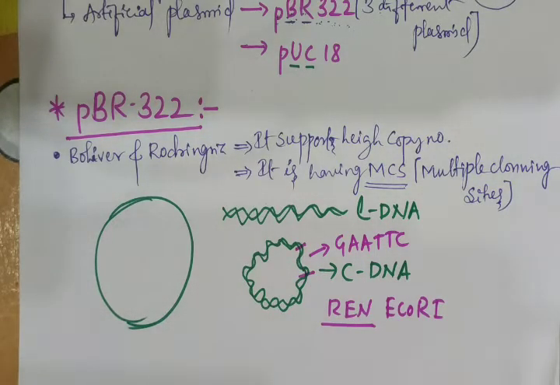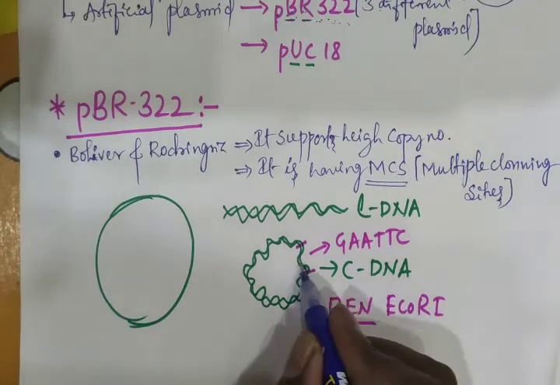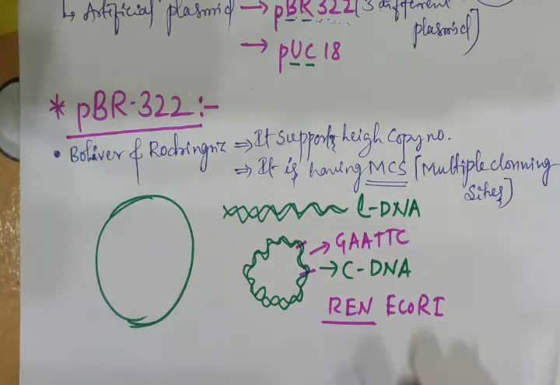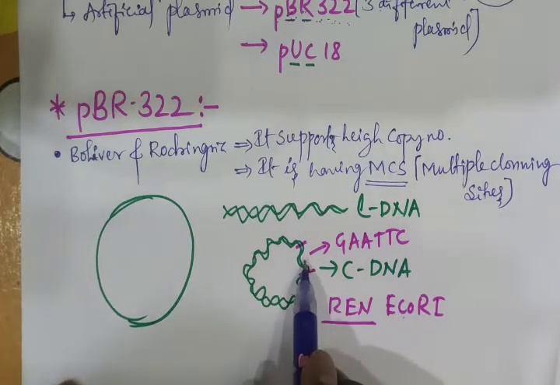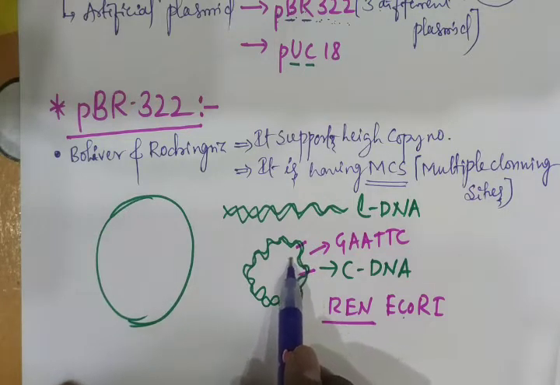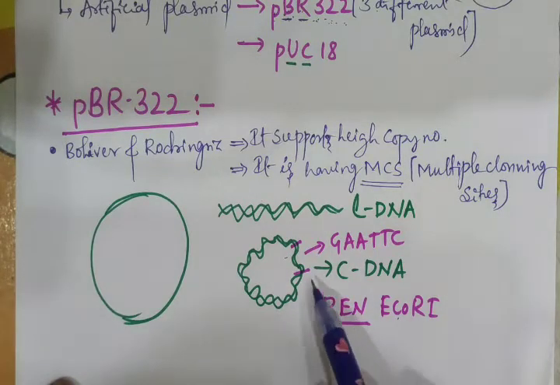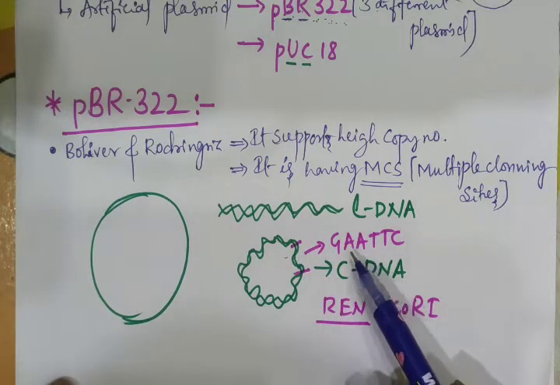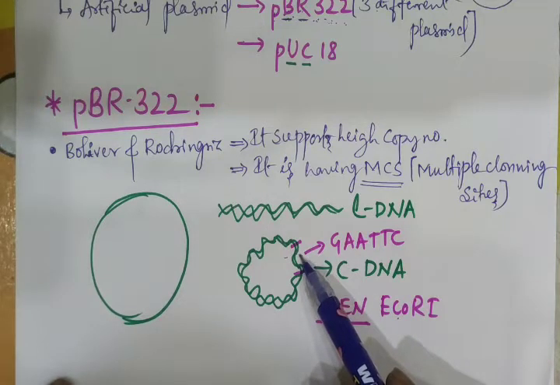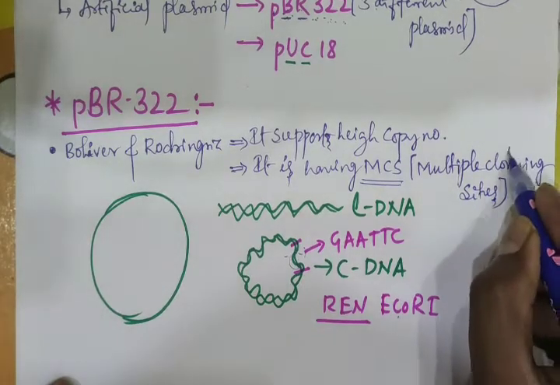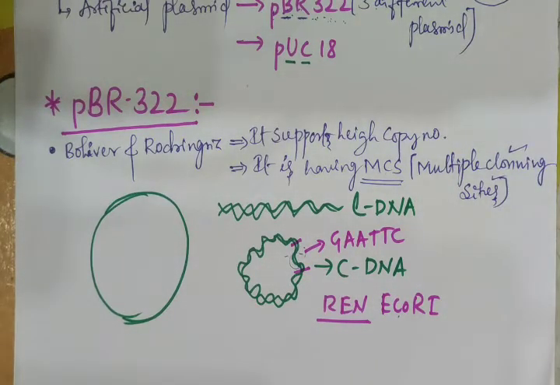After cutting, the plasmid will be opened and then we can insert our desired gene. Then it becomes rDNA. Now here EcoR1 is going to recognize its GAATTC sequence in the plasmid and it is going to cut there. After cutting, a gap is created. Into the gap our desired gene is added. Then this site I will consider as the cloning site. What I will refer to it as? Cloning site.